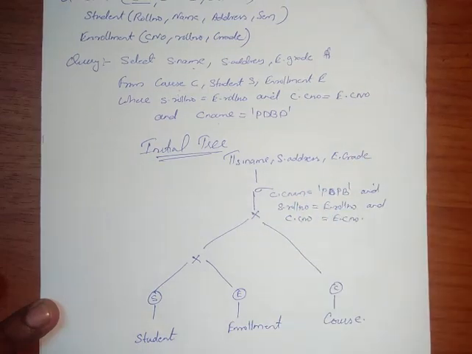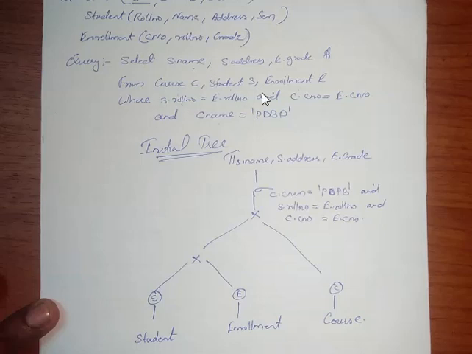So E.grade. Here after this crossing operation, the result of cross of S and E is crossed with C, then this entire statement is over, we are done with the crossing operation. Next we have to write the selection conditions. So here we are writing the selection condition: cname is equal to pdbb and so on. Then you have to do the projection statement. So that is the order of execution.